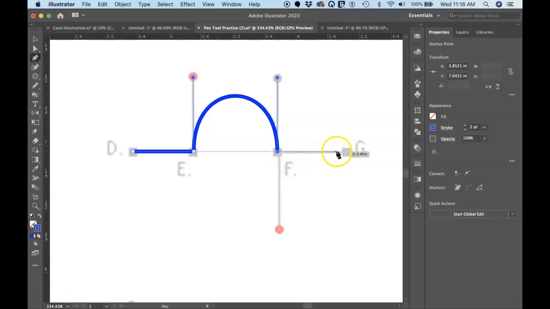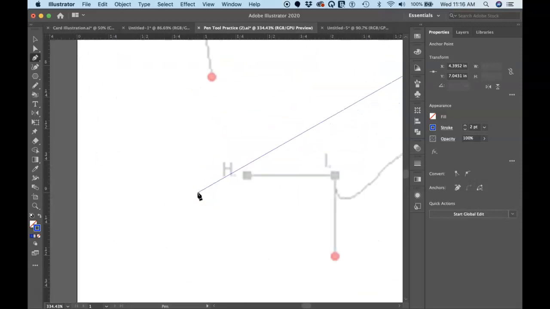So now I can just go to point G and click, straight line. Okay? So clicking the last anchor point that you drew will get rid of a handle so that it won't curve moving forward. Okay? Okay, so here's